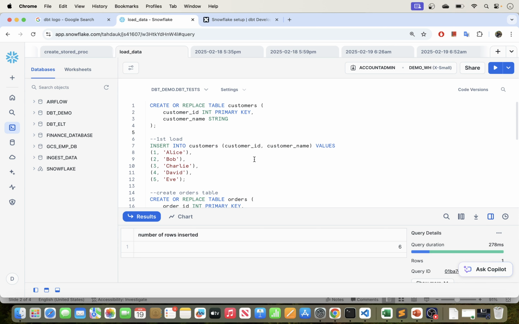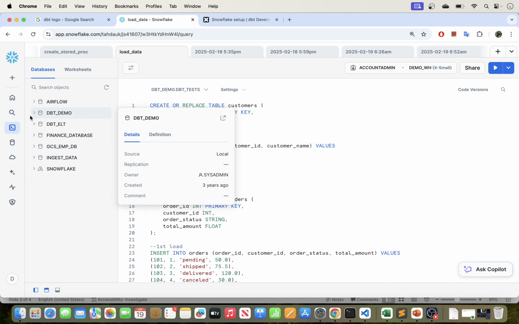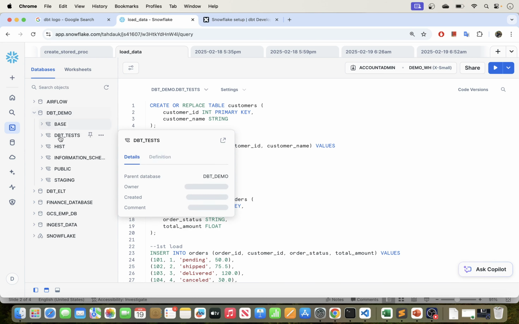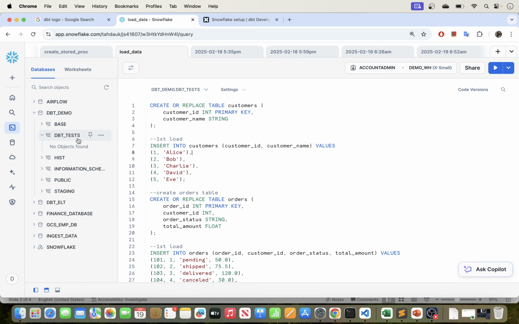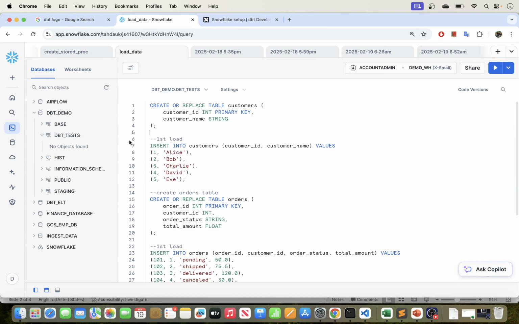So this is the Snowflake environment, and before we go into the dbt section of this, let's actually set it up. I will be using this database called DBT demo. Okay, so this is the database I'll be using, and inside this database I created a schema called DBT tests right here. And this is where we will be creating the tables that we will be testing, or writing